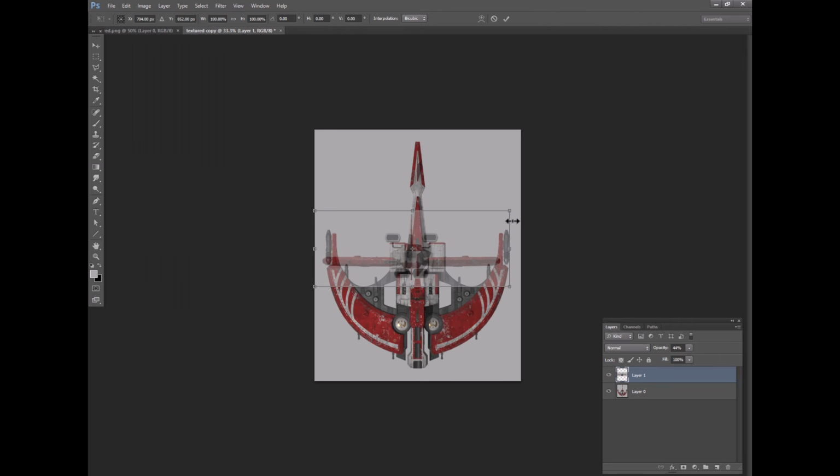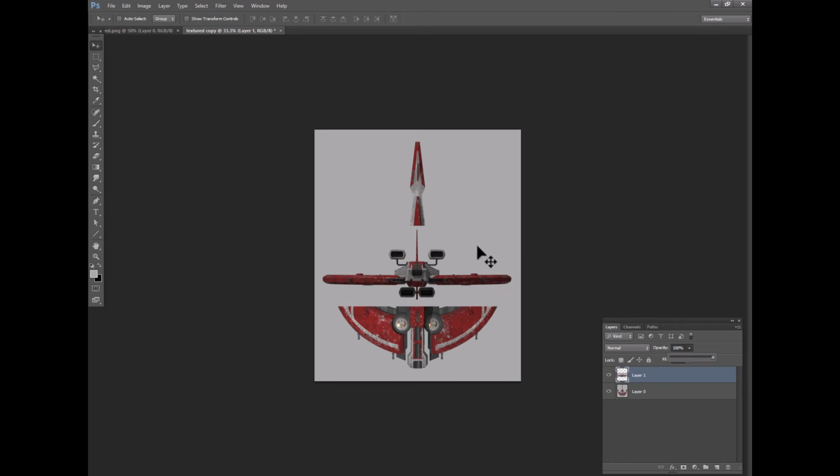And so what I'm going to do is I'm going to scale this a little bit. And another way you can be sure on this is if you look at this engine here and this engine here, you want these to be matched up, which again seems to be pretty good there. So yeah, I think that's going to look pretty good. And again, it doesn't have to be perfect because these orthographic images are for reference, but as close as possible is a good thing. So what I will do is I will select this whole thing, do a crop,